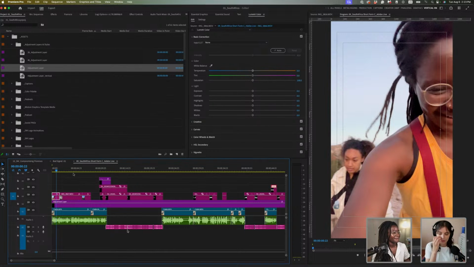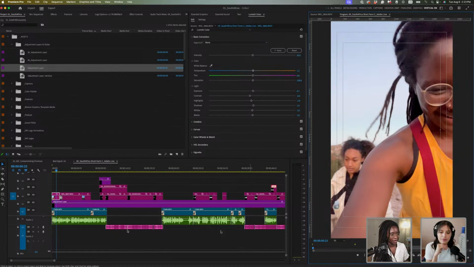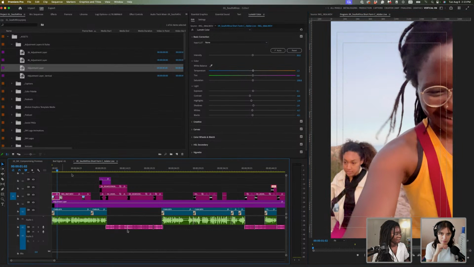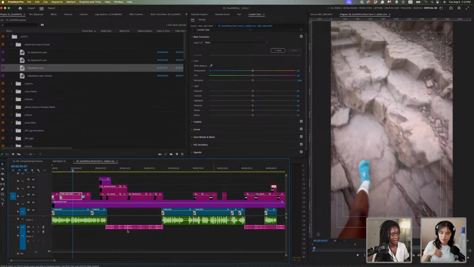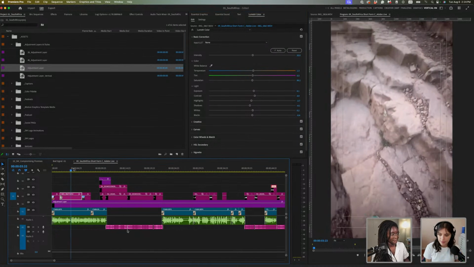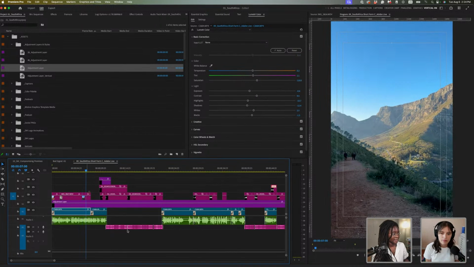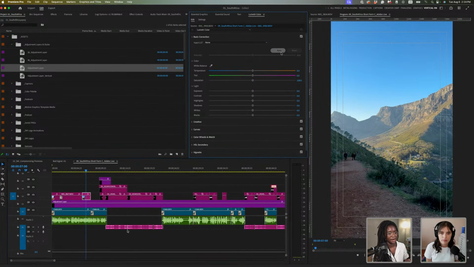All right, so let's breeze through color correcting all of this real quick. Something I'm gonna do now since I'm color correcting is toggle off the proxies, so we're more or less getting it at the quality that it'll be. If I need to not do that, the producer will let me know and I'll toggle it back on. For phone content, I tend to lean into the fact that it's phone content and more or less just use auto,